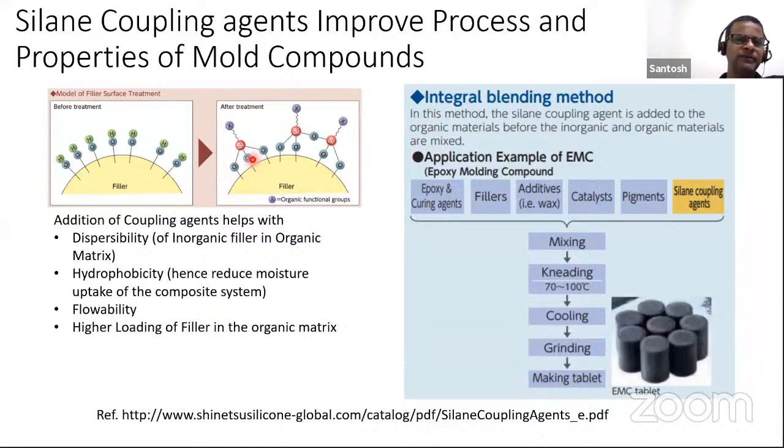esterified onto the filler OH groups. So these form the silanol groups. So you have the organic group on one side, inorganic group on the other side. So this inorganic part joins with the fillers, and this is the organic part which tends to mix well with the organic phase with the epoxy matrix. So basically, the inorganic phase and organic phase bond well in presence of coupling agents. And these coupling agents can have different types of organic groups like epoxy groups, amine groups, thiol groups,